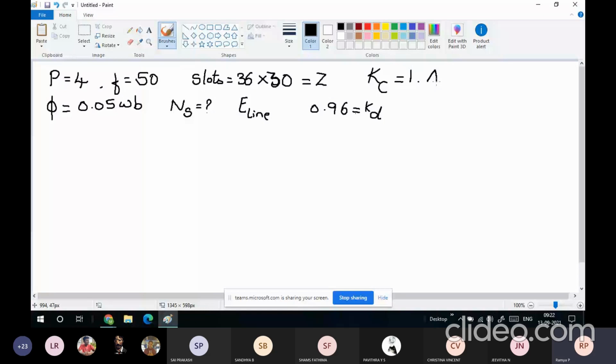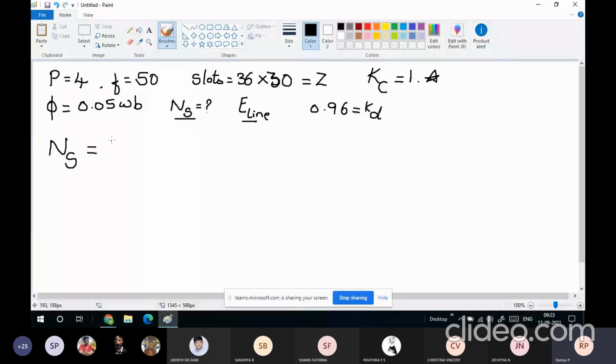In the previous class I told you about speed. If N alone is given, this is the actual speed of the rotor. If it is Ns, it is the synchronous speed. The synchronous speed is a constant speed that I maintain to obtain constant EMF at constant frequency, without any fluctuation or variation. And the formula for synchronous speed is 120 F by P.